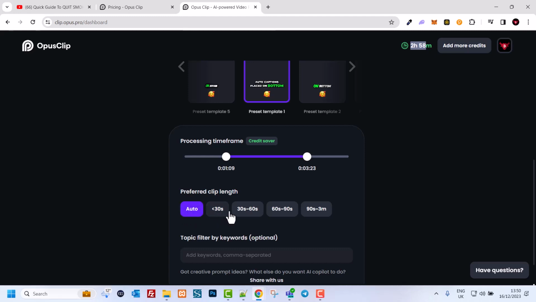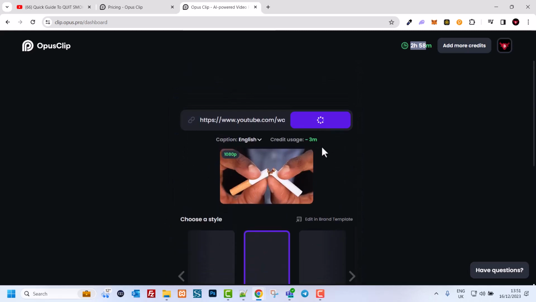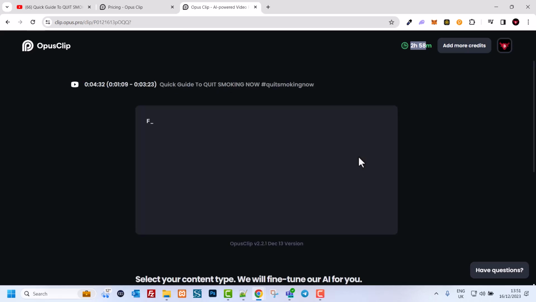And then you can select how long you would want them. If you would want your shorts to be created only up to 30 seconds, then you would click this. If you want 30 to 60 seconds, this is what I am usually selecting, guys, because you get more watch time on your YouTube videos when you are selecting bigger time, but the maximum time on YouTube shorts is 60 seconds or 1 minute. And here is also topic filter, which I never use, guys, and once you are done you just click here on get clips or get in one clip, and it will start fetching and creating clips